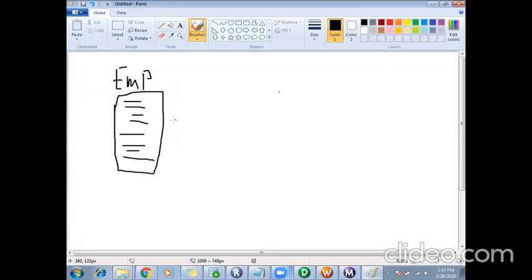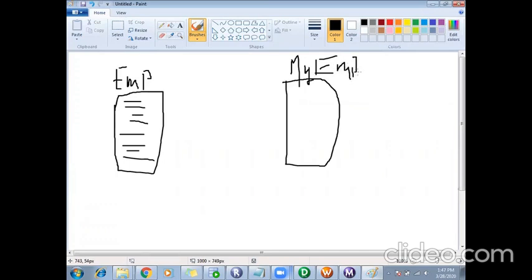I have to get the data from this table and load it to another table in my Informatica. I'll name it my EMP target. So this is my target table. This is my table name where I want to load the data.